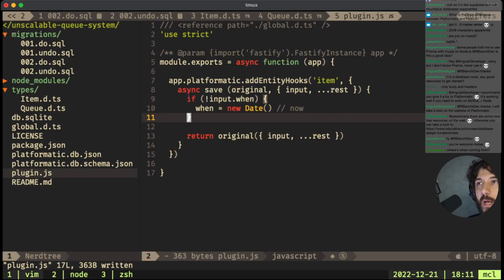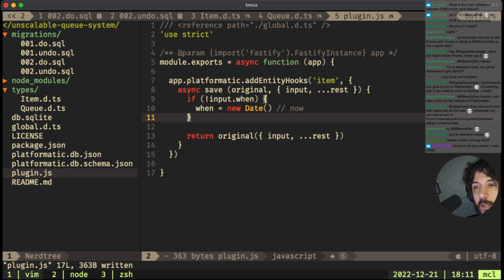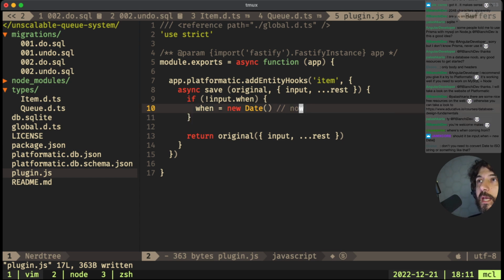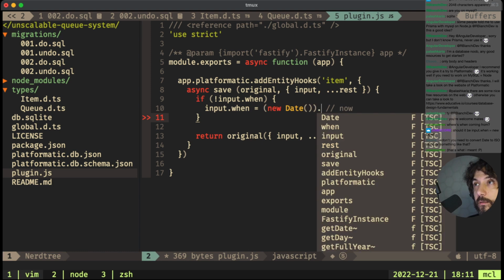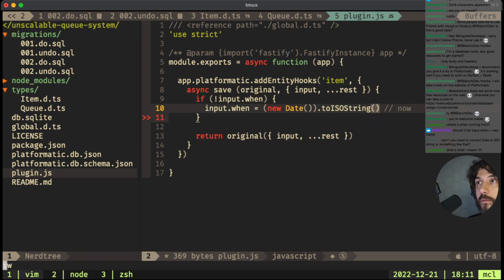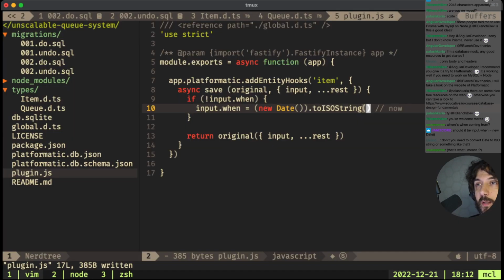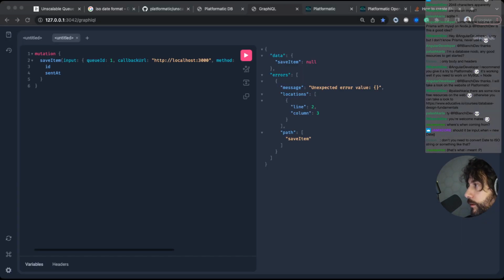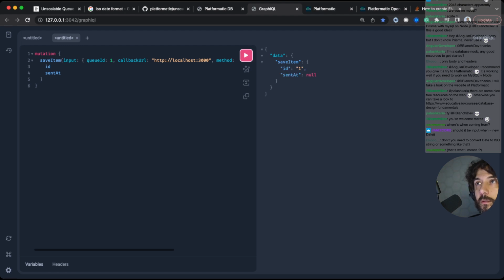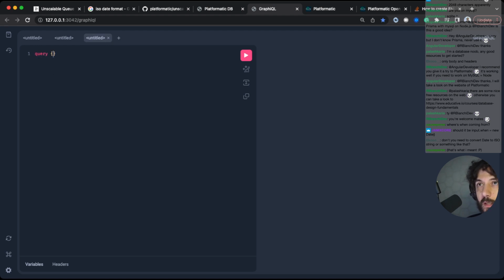Sort of the question on where, when. No, I think the database level is, well, let's do that: toISOString. Okay, this is restarted. Yay, it's working.